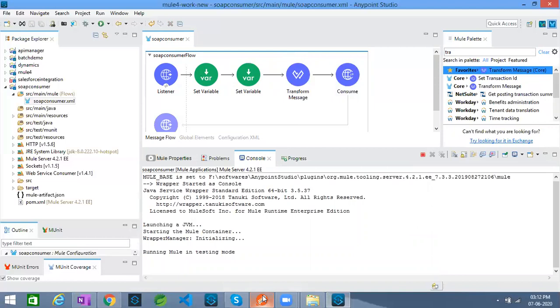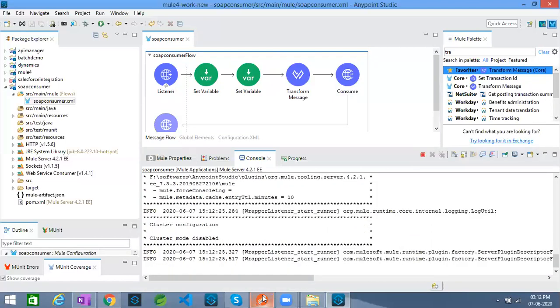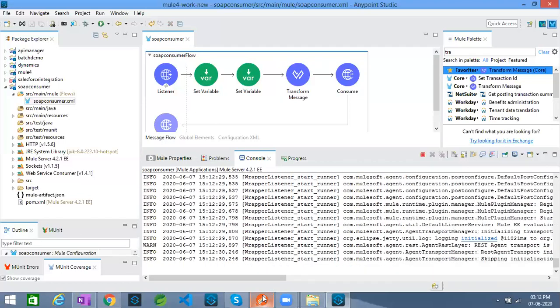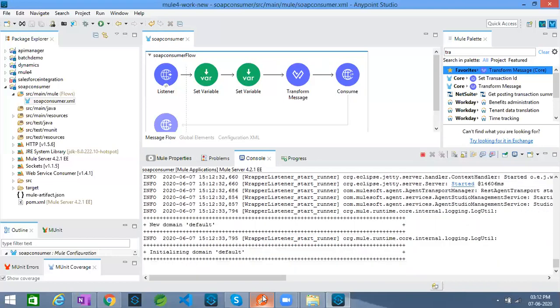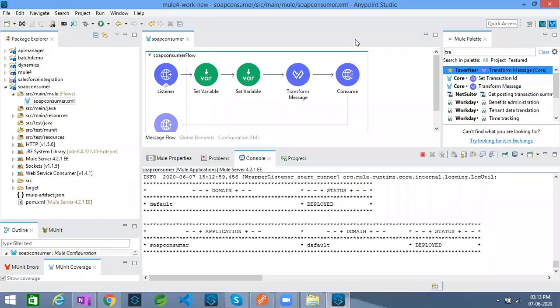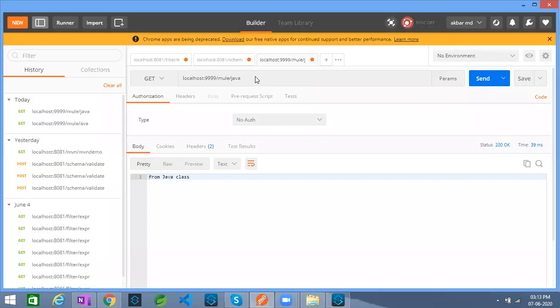I'm going to trigger. Okay, this application is deployed now. We'll try to look at how we are going to see the output.